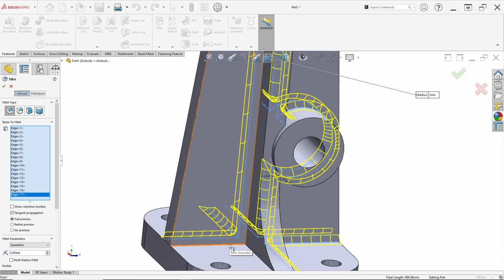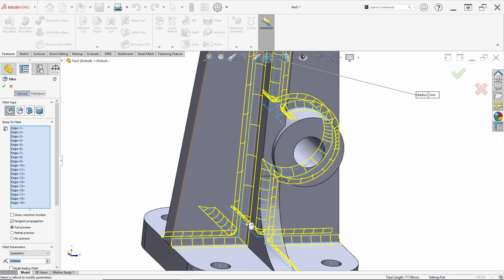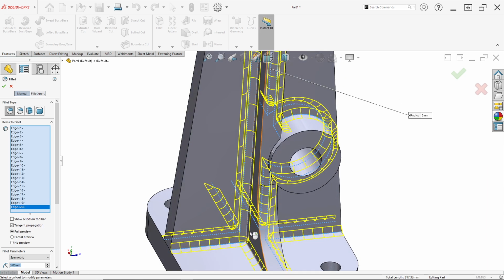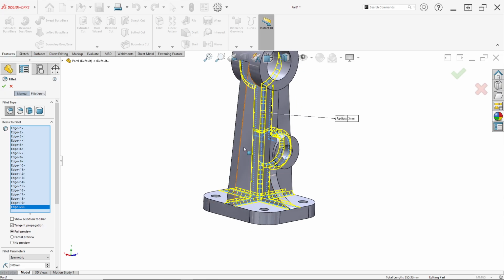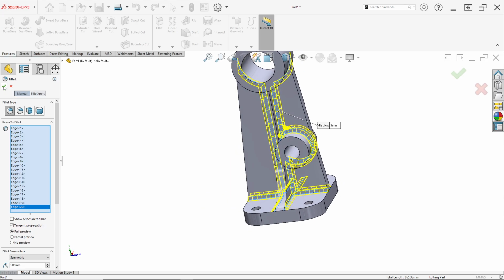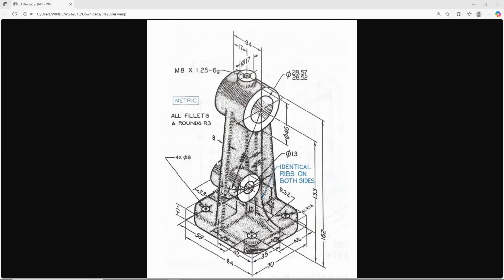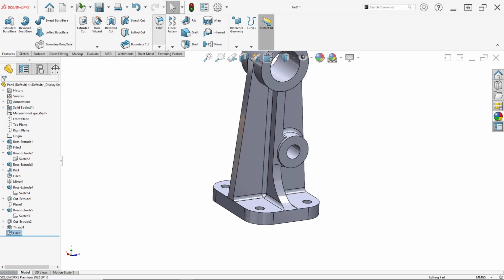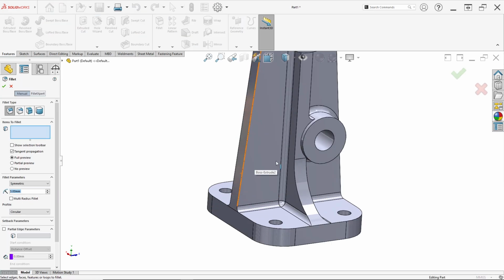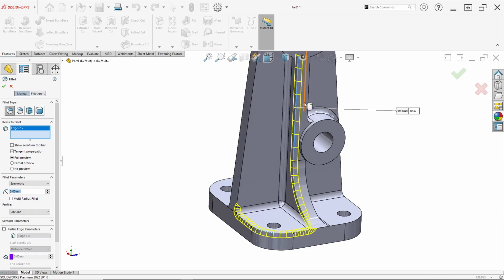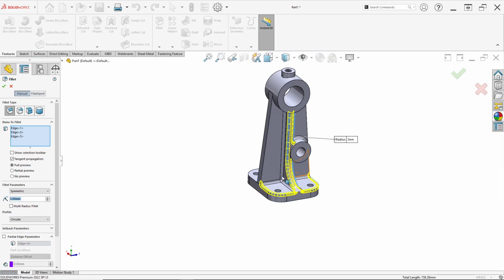Here set this edge, and this edge like this. Just click OK. And here don't forget all round fillets, so we can select fillet again in 3 millimeter. Select this edge, this edge, this edge, and this edge like this.